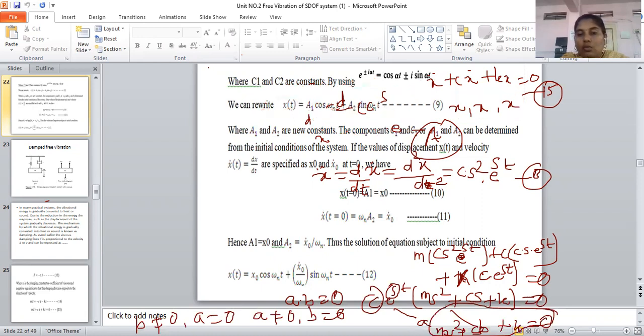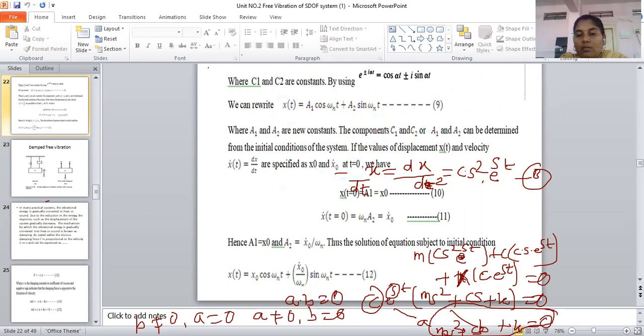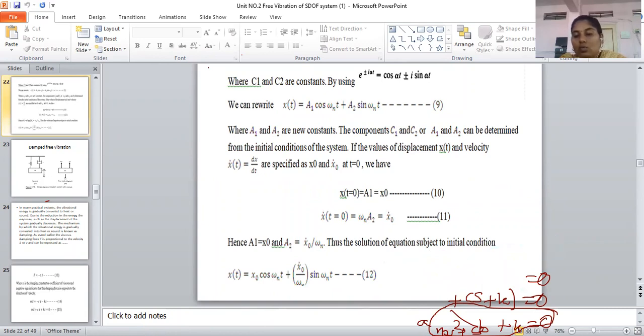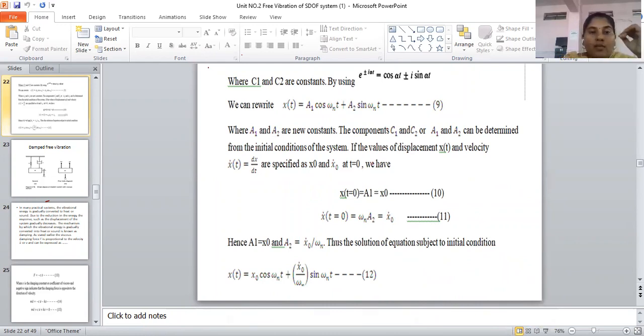I hope all of you understood how to calculate derivative number 1 and derivative number 2, and how to put these values in equation number 15. From equation number 15 we got the quadratic equation in terms of a and b: if a is not equal to 0, then b is equal to 0, as per the mathematical condition. Now we have to solve this quadratic equation. I hope all of you have understood up to this part, so we can move forward. Please reply fast.